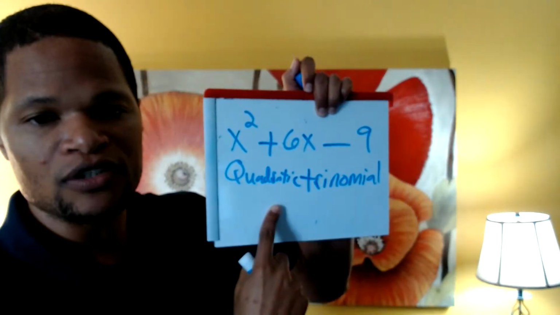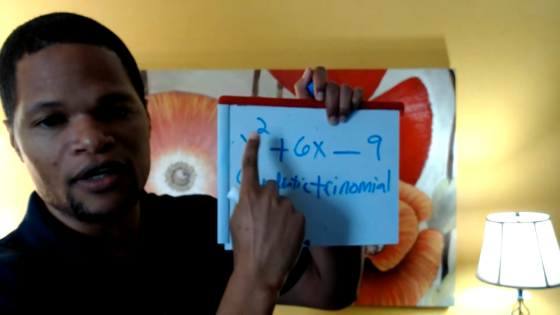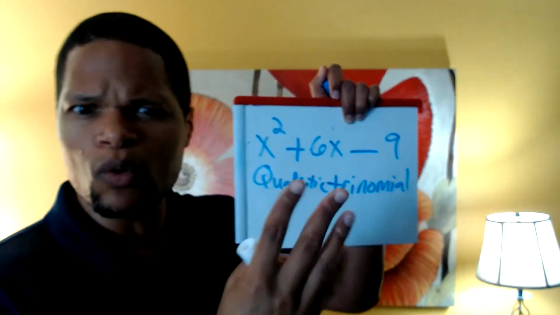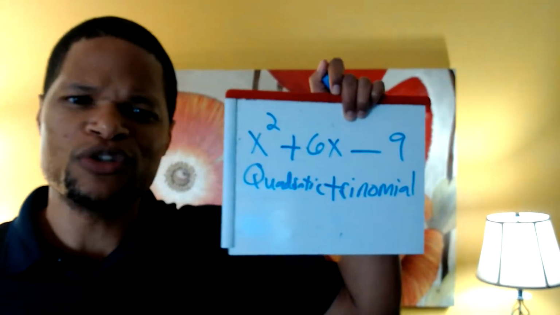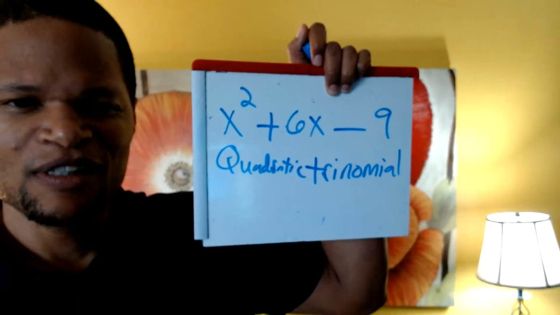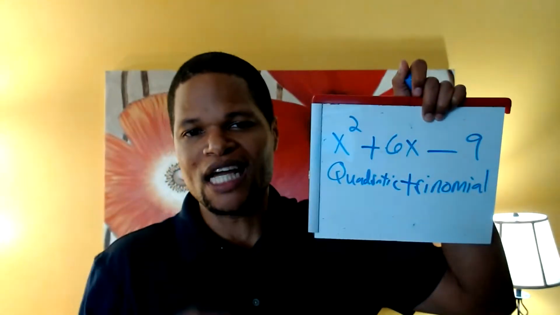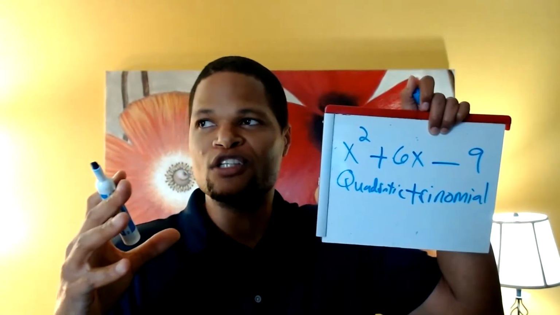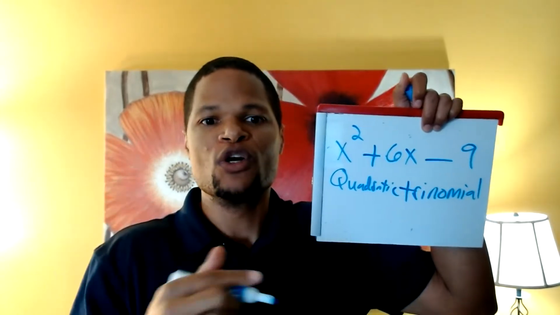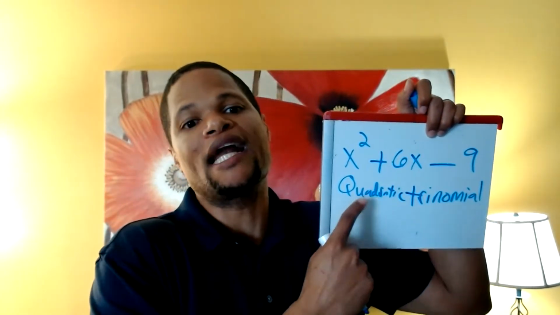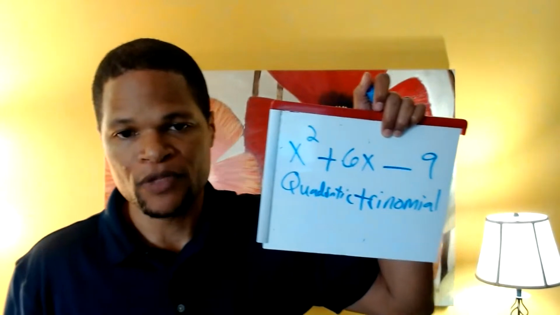You might be thinking, Chris, why do we call it a quadratic trinomial? It's a degree of 2. I thought quad meant 4, and usually it does. But in this case, when we're in math, quadratic is a reference to a degree of 2. The name is quartic if it's a degree of 4.